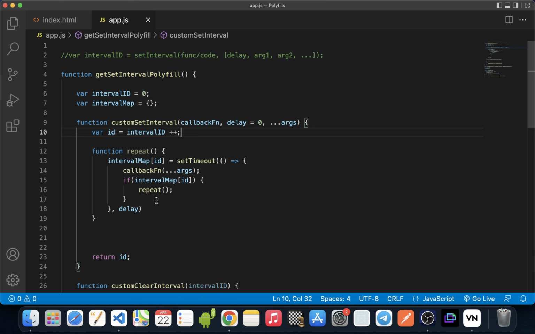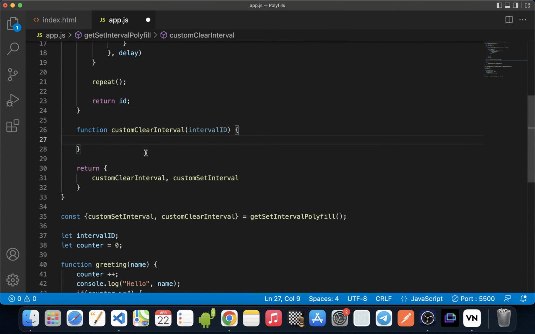And inside the callback function of the set timeout, we are checking that as long as this interval ID exists inside the interval map, or we can say as long as the mapping of this interval ID with the set timeout ID exists in this interval map, keep calling the repeat function recursively. So this will give us the repeating effect of set interval.